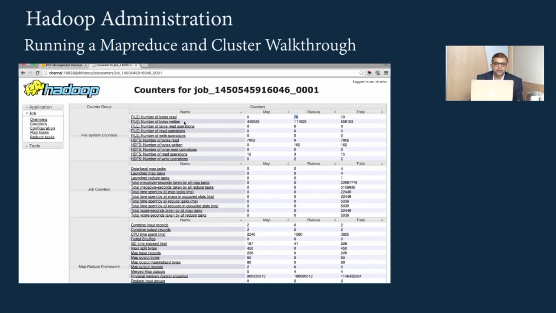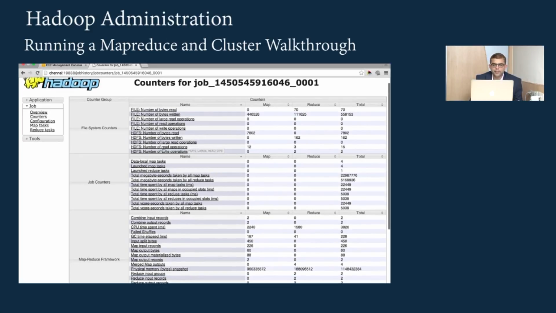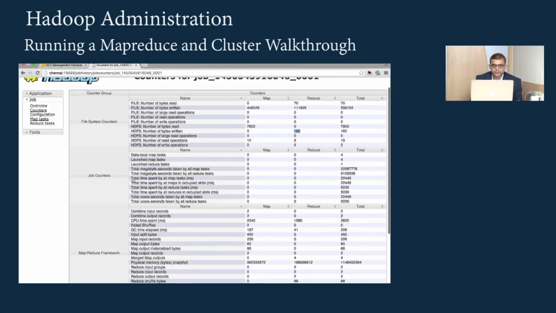Number of bytes written after the mapper was done was around a million bytes. Any large operations, we'll be just getting the status here, and number of read-write operations on HDFS. So number of bytes written on HDFS were 162 during the reduce phase.